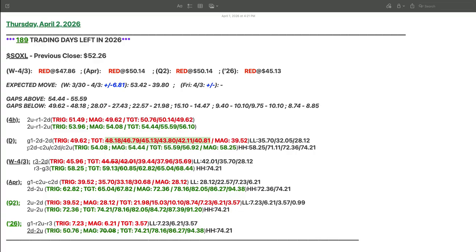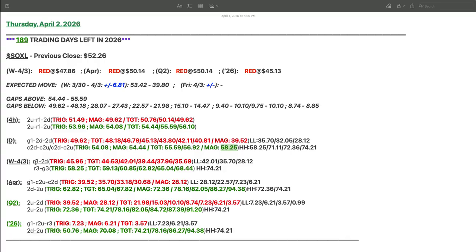All right. Now, if we go to the upside, it would trigger a combo 2 down, combo 2 up at 54.08. And the magnitude for that move is 54.44, which would then trigger another combo 2 down, combo 2 up at 54.44. The magnitude of that move is 58.25. So we do have these intermediate targets for you there as well in case we're not able to reach that